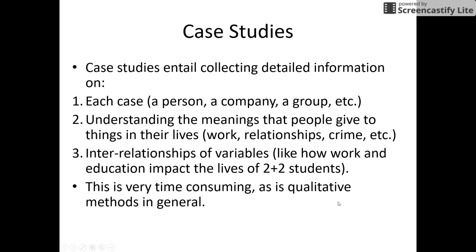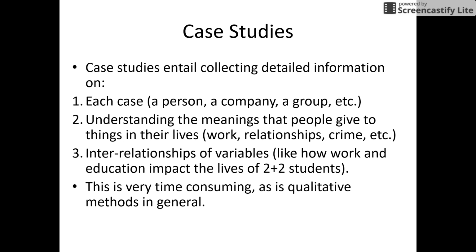You're trying to understand the meanings that things have to individuals. Now, here I talk about 2+2 students. The sociology program, this class is often used to help students in the social work program get certain class requirements down. All social work students have to take a research methods class, and that's this class. And 2+2 students are those who have gotten their first 2 years of school somewhere else and are coming to UCM to obtain their last 2 years. So that's what 2+2 means, students who already have a 2-year degree and are coming back for the last 2 years. So you're studying individuals and what meanings things have to them.